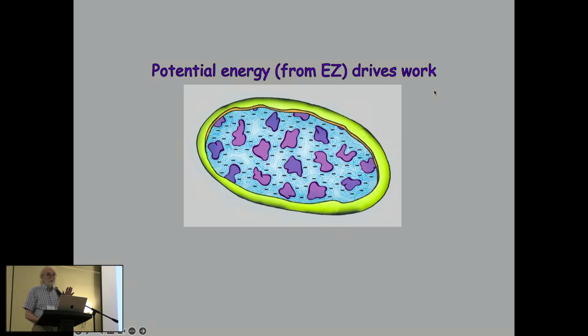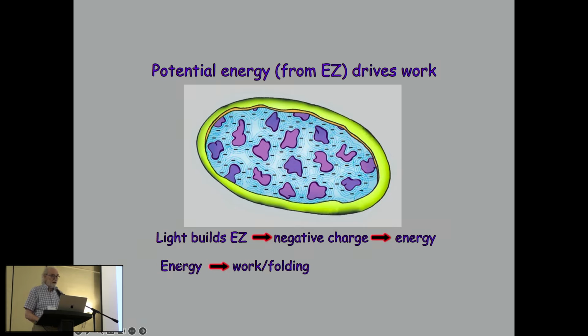So the buildup of EZ is an energy source that we use necessarily beyond the cardiovascular system. If you trace the steps, remember, light builds EZ, which has negative charge, which has potential energy, and that potential energy is used to propel protein